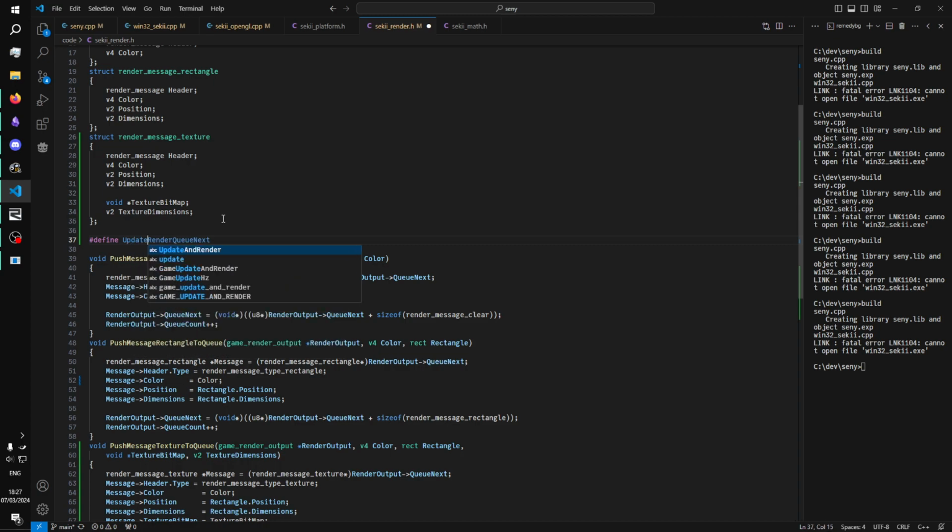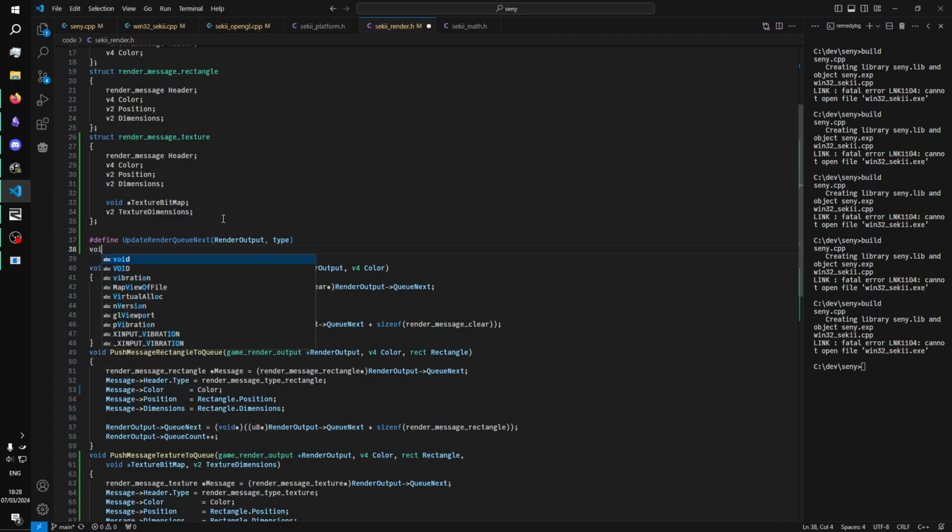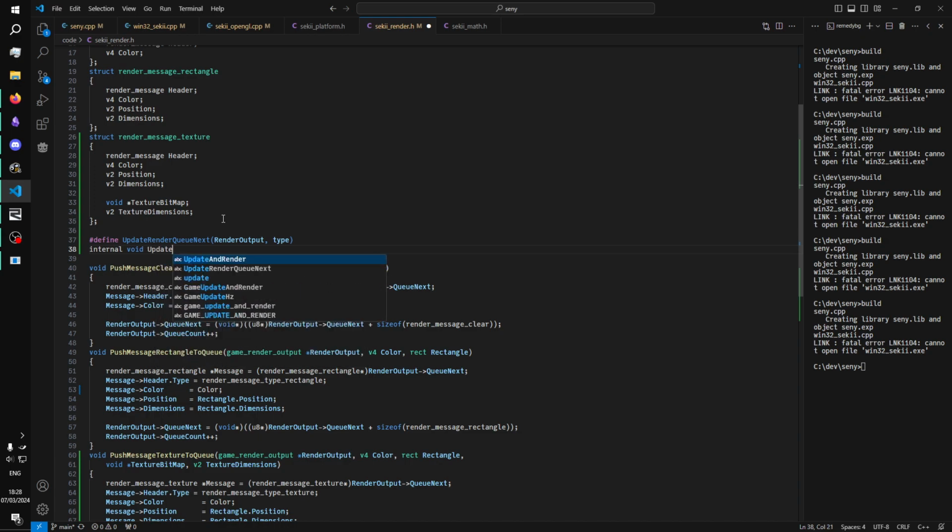I'm not sure how I should call this, but it takes the render output and it takes a type and it does. I guess I should have another function called update render queue. Advance